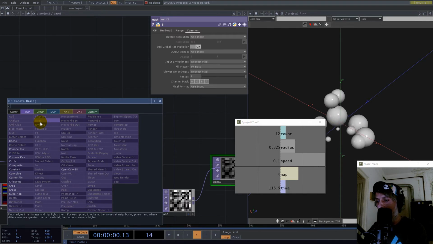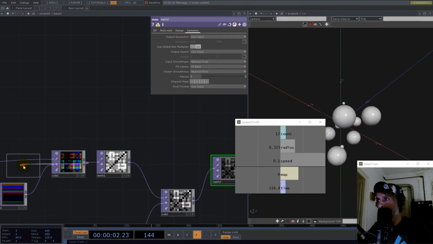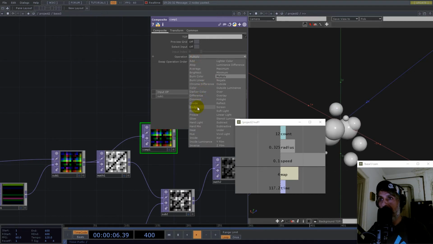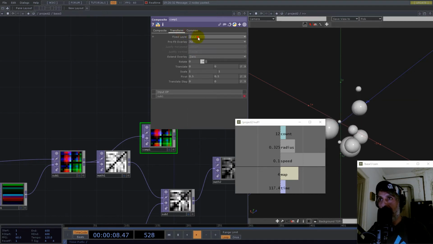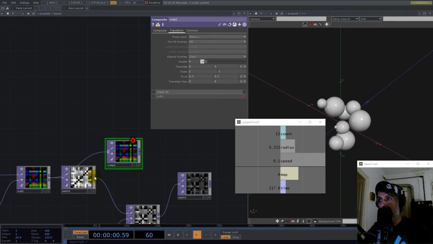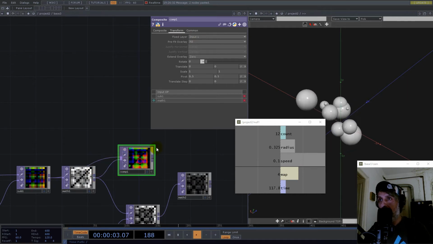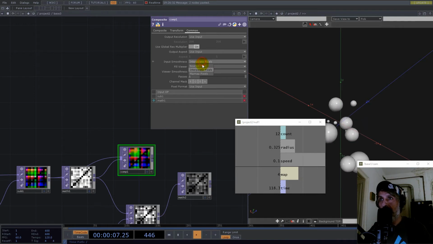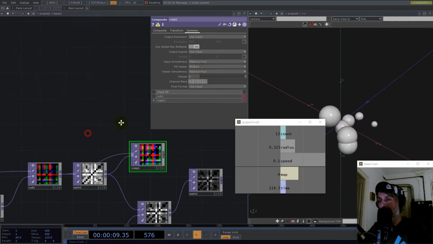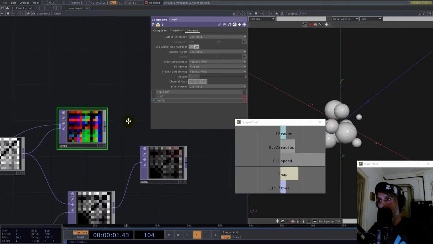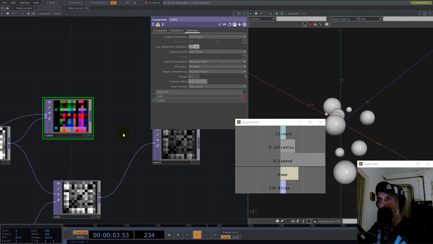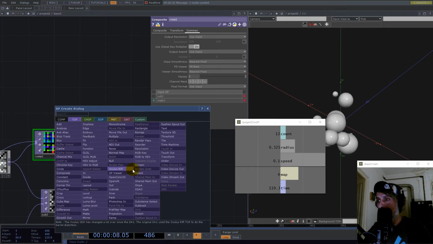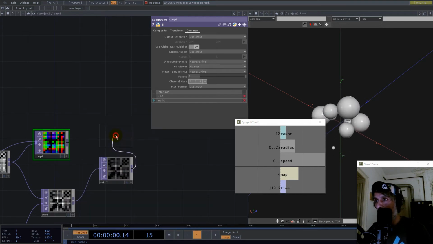I will use a composite here out of the subtract, and we need divide and input 1, and now we have normalized vectors position. Let's multiply this with the half of the offset, so multiply,